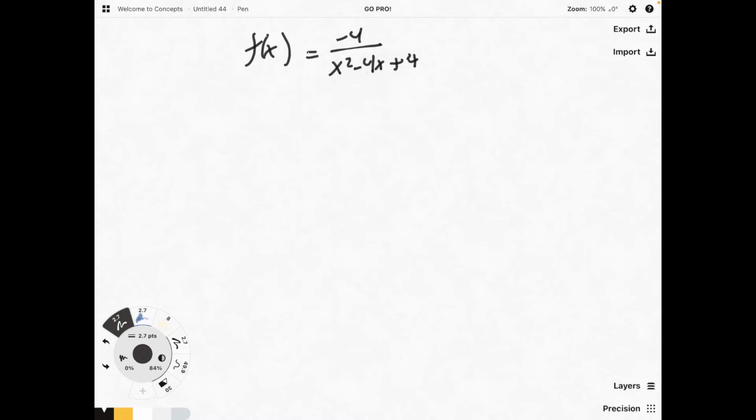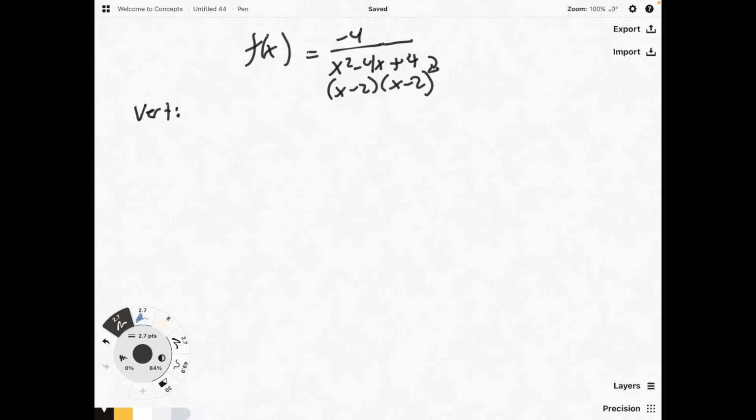What we first need to do is find the factors of both the numerator and the denominator. In the numerator, it's only -4, so there are no factors with respect to a polynomial. However, in the bottom, we do see that this can factor to x minus 2, x minus 2. With that, we know that the vertical asymptote